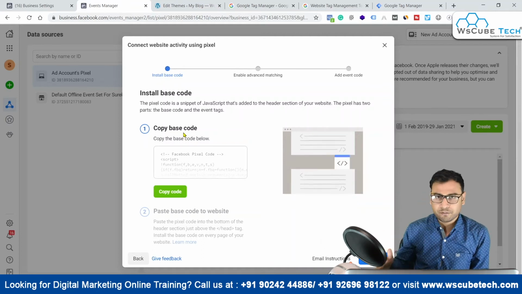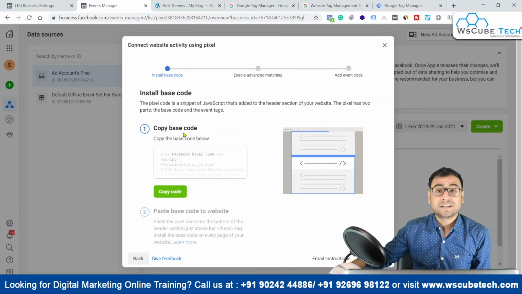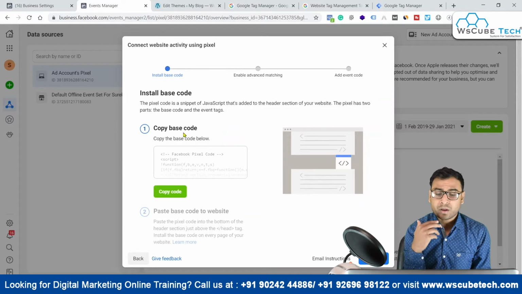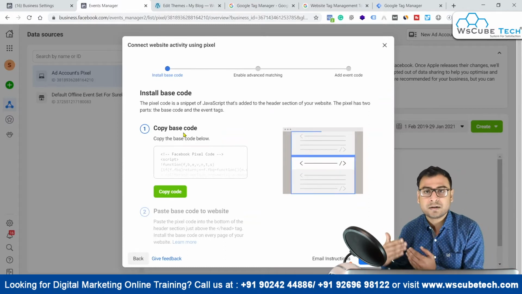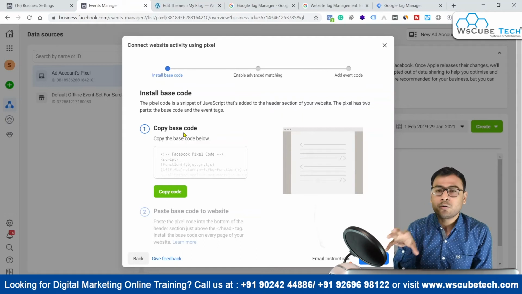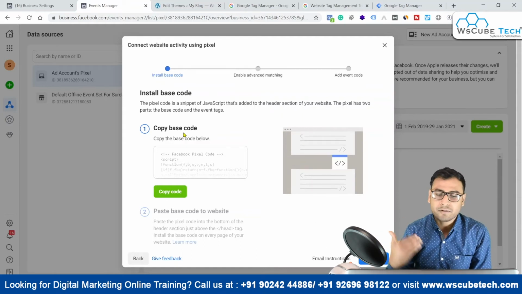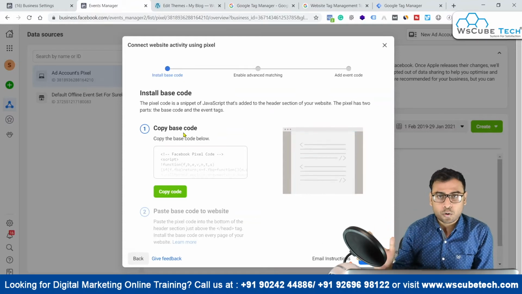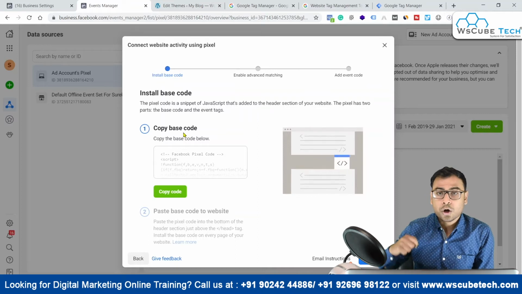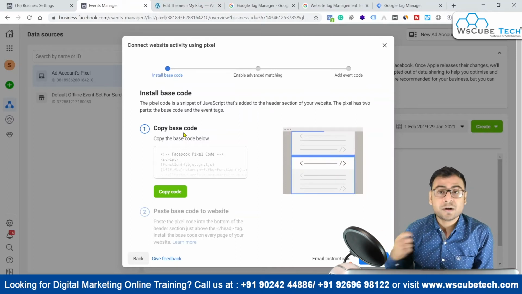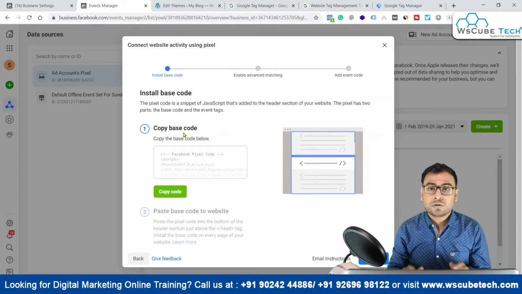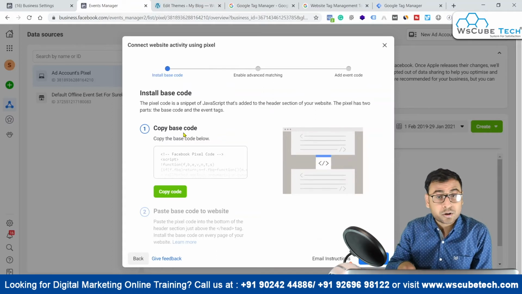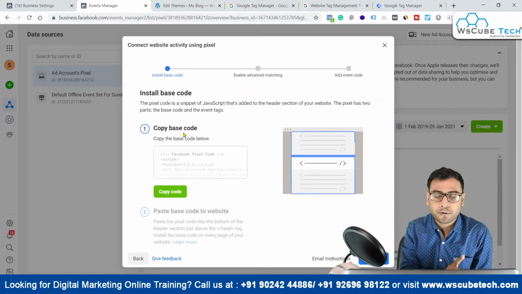We have Facebook pixel event codes that we actually want to fire on specific events. If we want to track specific events, conversions, or anything very specific, we basically go with these event-specific codes. Or if we only want to track page views and basic information, then we should go for the base code. Another very important thing: your event codes will not work without your base code. So to fire event codes, or to get information from those events, first of all, you have to install the base code on your website. So the installation of the base code on your website is a mandatory process, right?